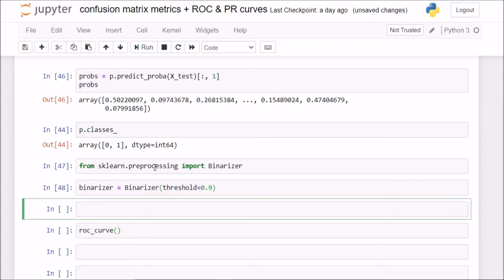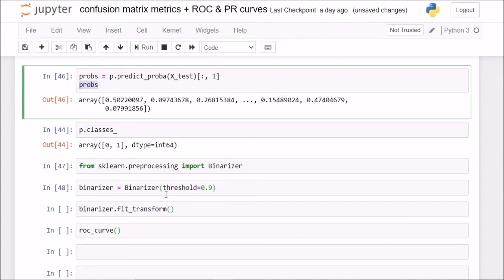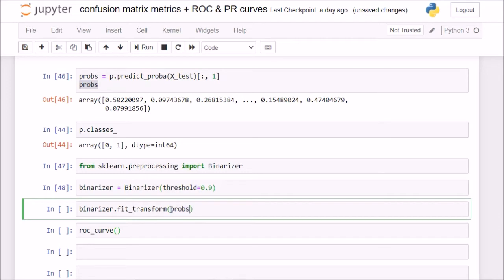Now I'll call this binarizer object and say binarizer.fit_transform. And what do I want to fit and transform? I want to fit and transform my probs array, and this needs to be a 2D array, so I'll pass in the square brackets.